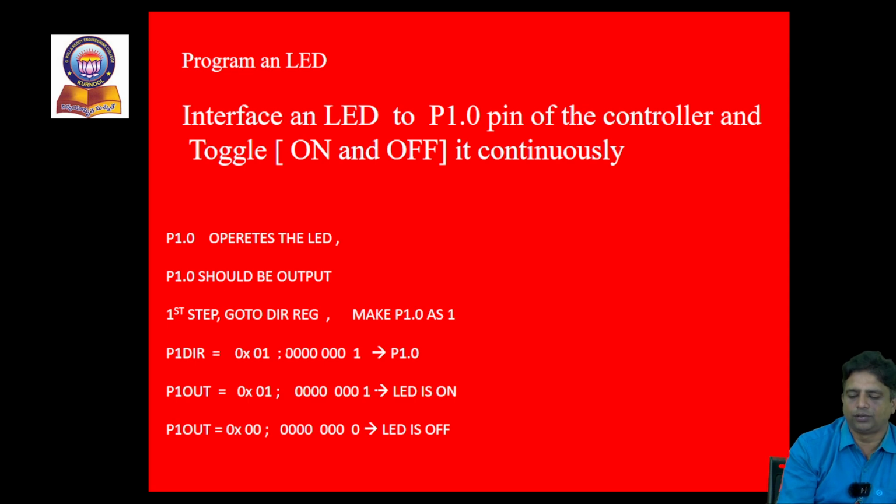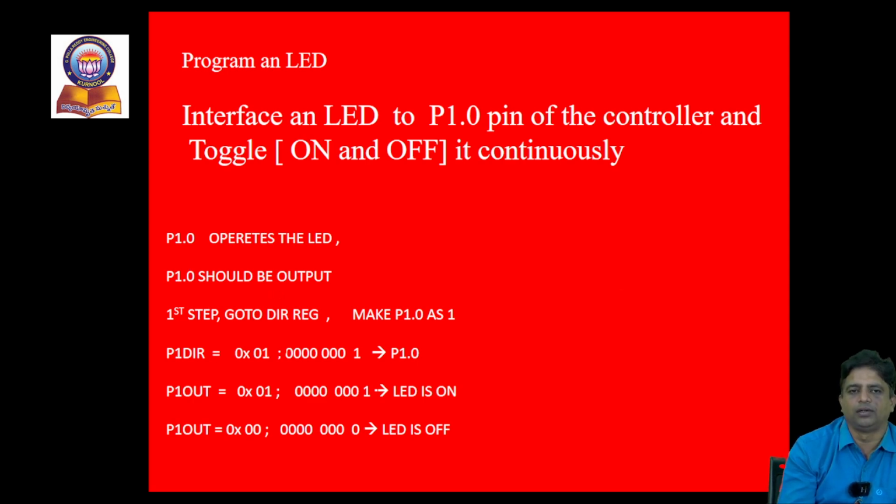So how to write the same steps in programming manner? In general, whenever we frame a program, never write the program first. First analyze what are the things we require. So I have shown you the analysis first, then the question next. Now, in order, let us create a program to interface an LED with P1.0 and frame a program that could operate the LED through toggling operation, or blink the LED through continuous on and off operation. So the steps required: we need to connect the LED to P1.0,